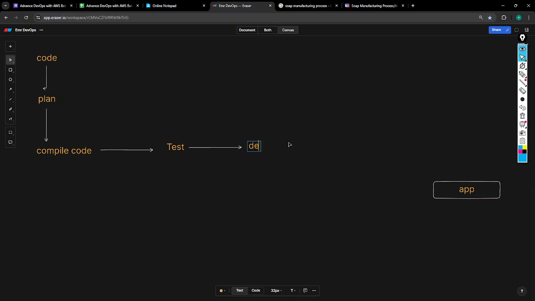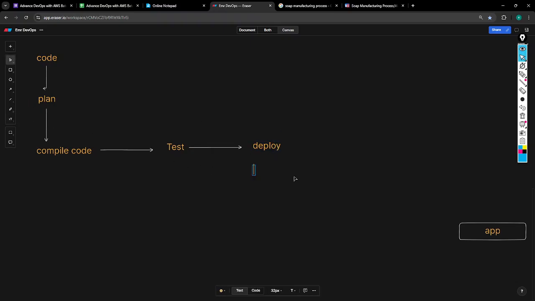Deploy into where? In your own space. Own space means in your factory space only. You're asking your employee to use it. For example, after your soap is ready, you're asking your own employee to use it, how it is. Or you're distributing your own company's product to your employees, and they tell me the feedback, like this. Same way, we are going to deploy into our own space.